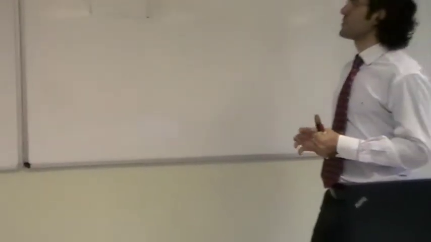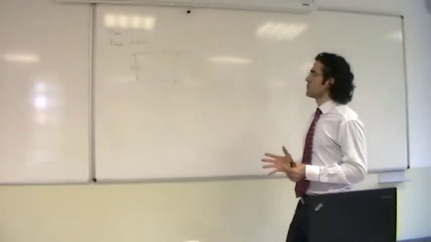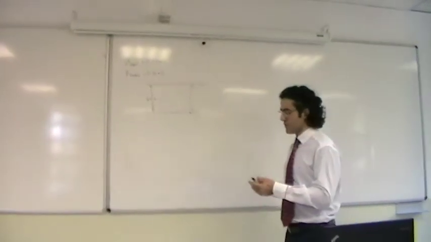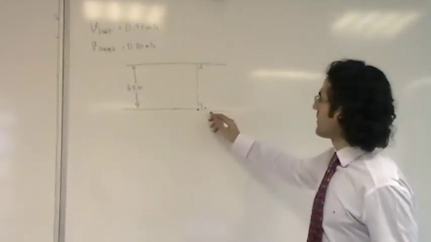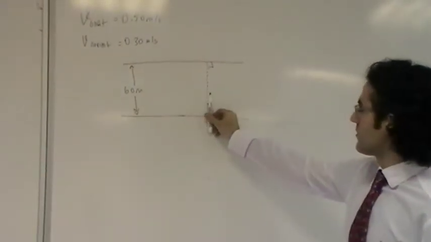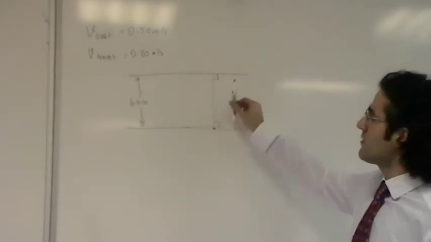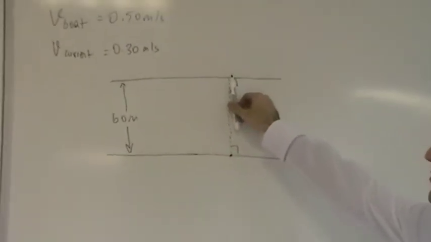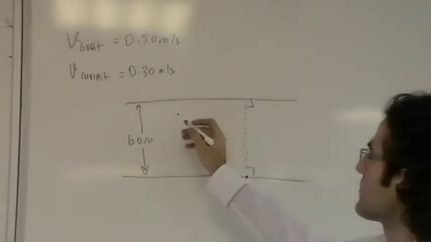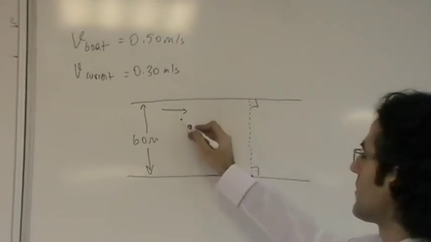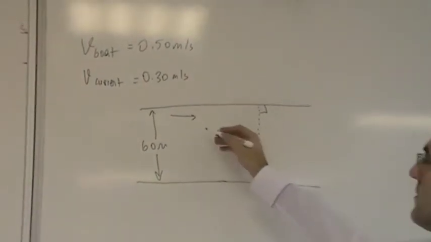So here is the question. The river is 60 meters wide. The velocity of the boat is 0.5 meters per second if there is no current in the river, and if this boat is directed right across, if there is no current, then it will be able to go right across, whereas the current is flowing in this direction or the other direction, it doesn't matter, with